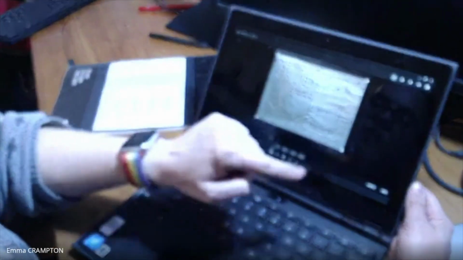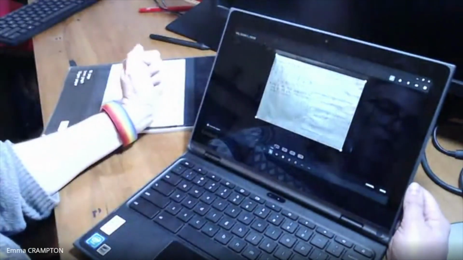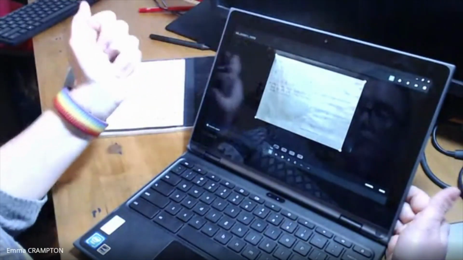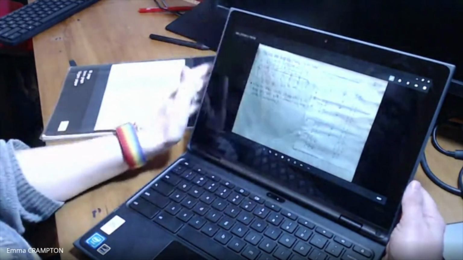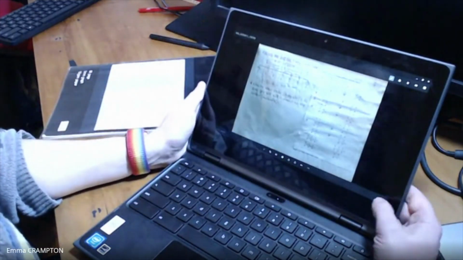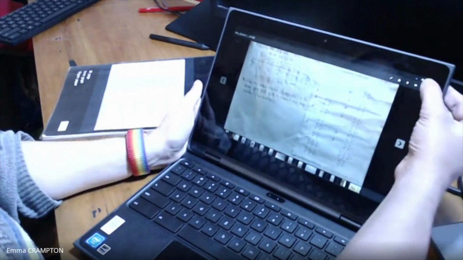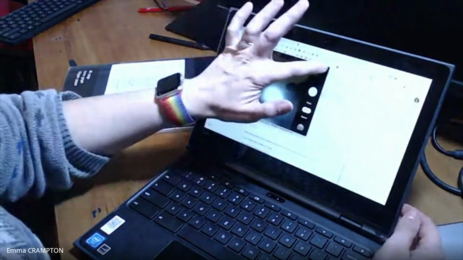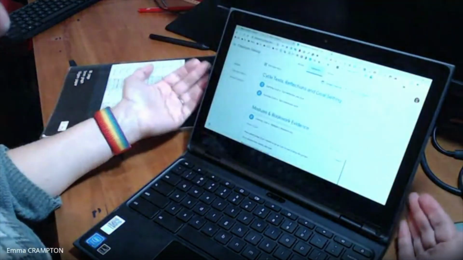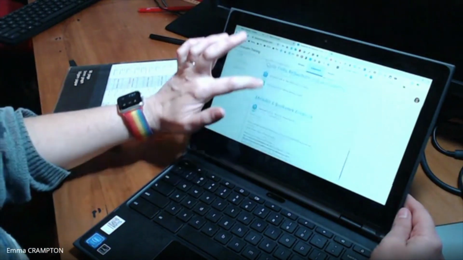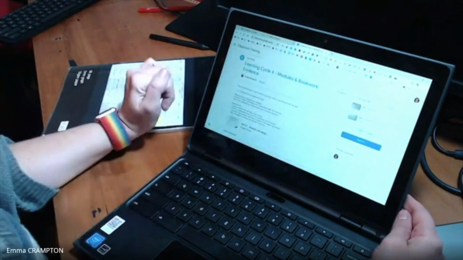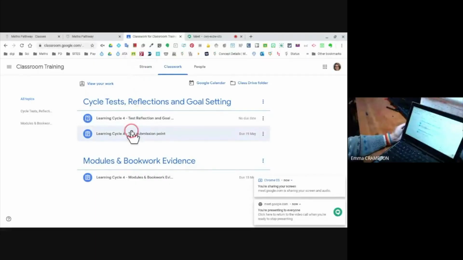It gives me a frame that I can crop with. So I've cropped out all the other stuff, and now that picture is good for my teacher to see. So I'm going to exit, edit, and exit that. Now I have those two images to upload to my Bookwork page. So going back into Classroom now,